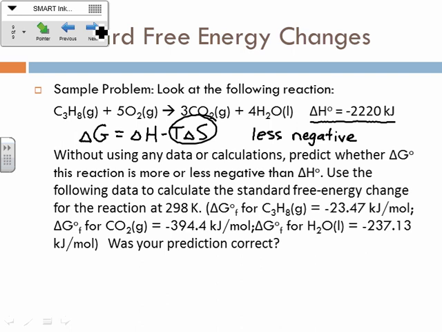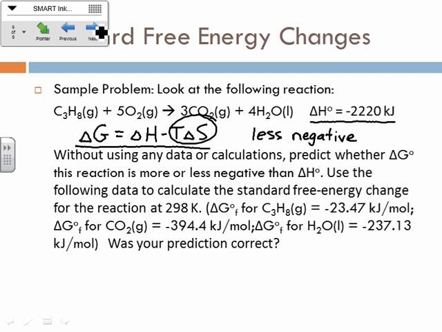Oh, and it says use the following data to calculate the standard free energy change for the reaction at 298. So then it gives us the delta G's of formation, rather than giving us the delta S of this one, which is the other piece of information we would need in order to solve it this way. But they're giving us the delta G's of formation instead. Okay, so we've got